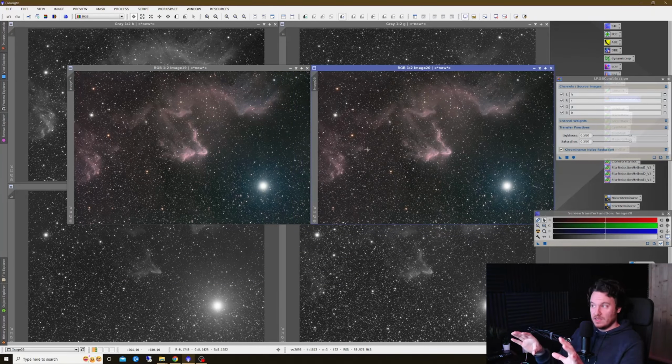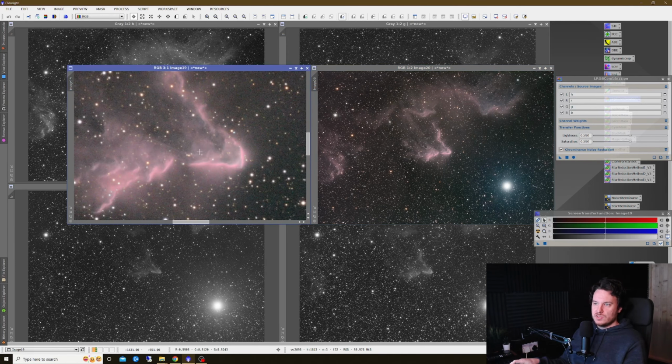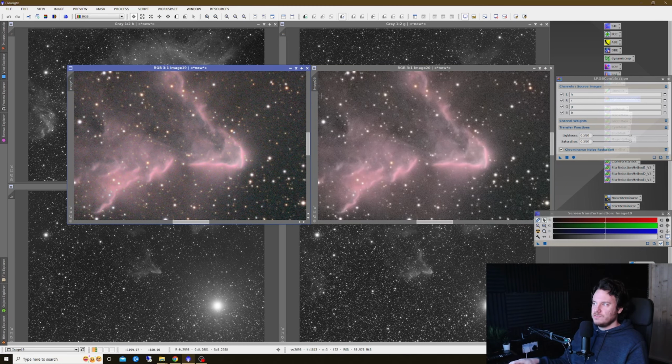Now, on the overview like this, you might not think there's any problems whatsoever, but if we just zoom, let's say, right in onto the tip of the ghost in Cassiopeia right there, share this view across to the other one, you can hopefully see, even through YouTube's compression, that we've actually taken out a lot of the color available in these stars, and that's something I'd really rather preserve if at all possible, because that's one of the whole reasons for doing a HA RGB combination, to get those RGB star colors coming through